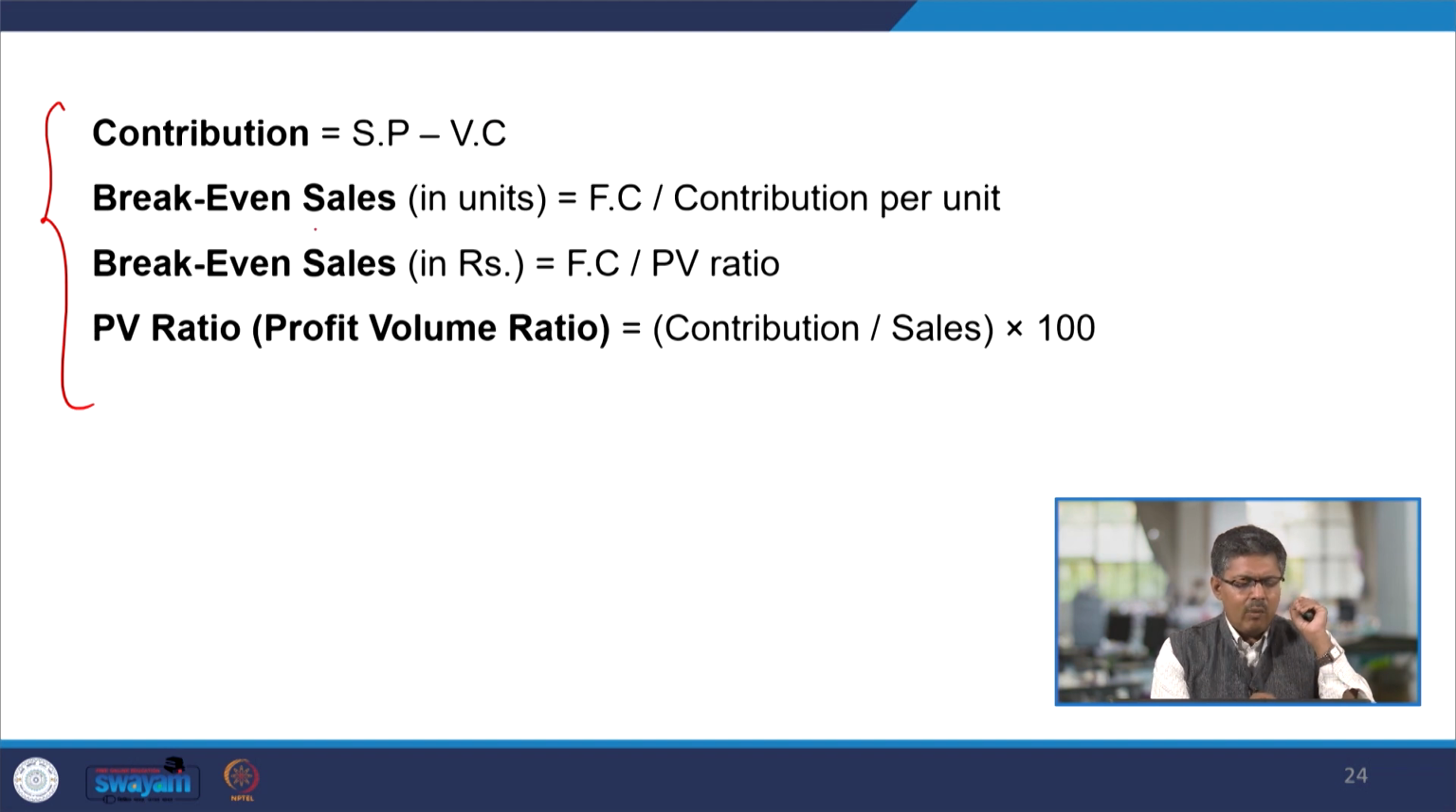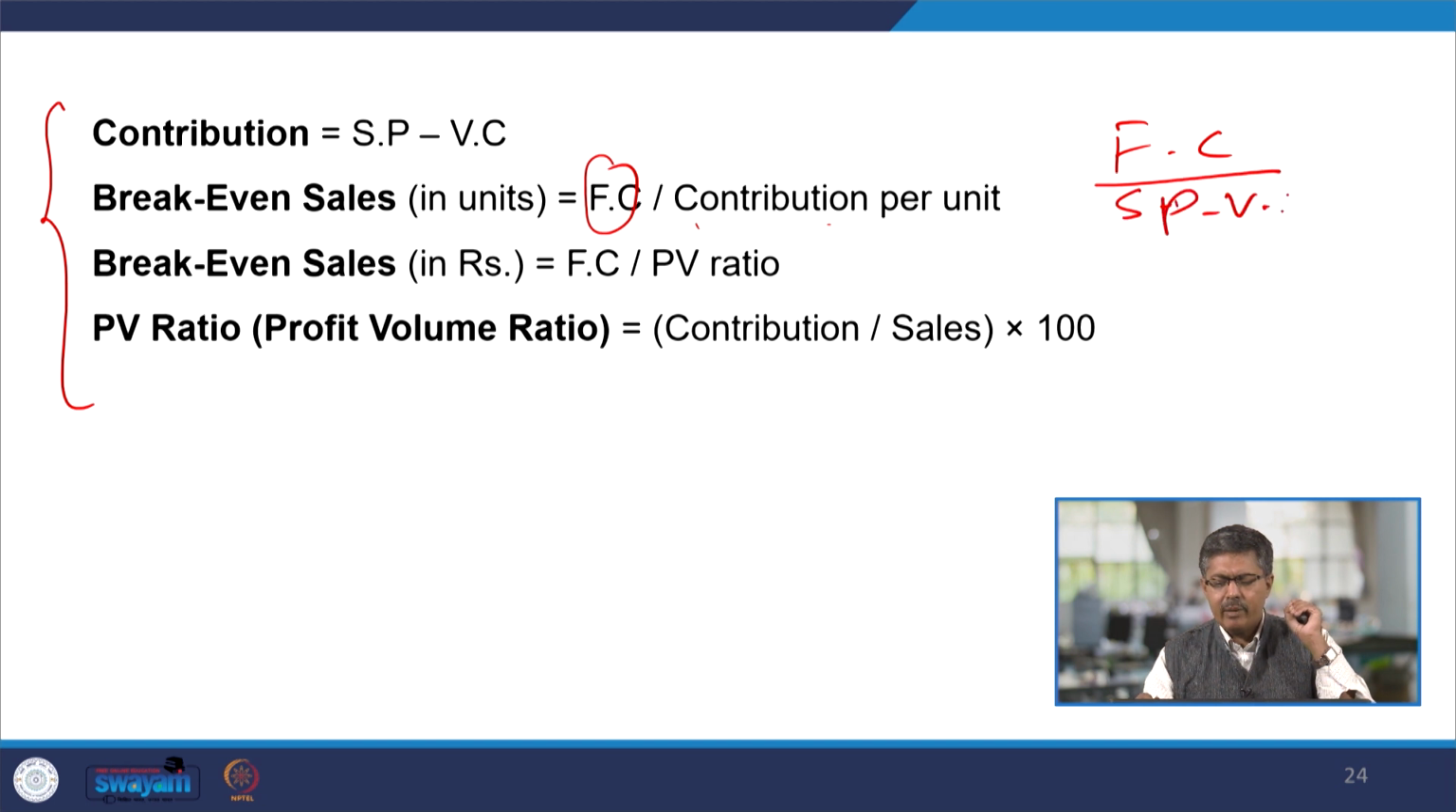Okay. Now, what is break even sales? Break even sales is nothing but fixed cost upon the contribution, that is fixed cost divided by selling price minus variable cost. Okay. So, here we can find this with a problem. Let us do it with a problem. So, break even sales in this is in units, this is in rupees. Now, fixed cost divided by the PV ratio, profit volume ratio. Now, what is profit volume ratio? Contribution by sales into 100. So, using this basic formula, right, we will calculate the